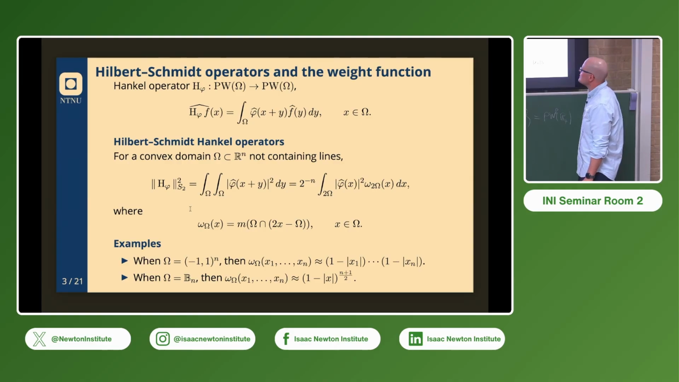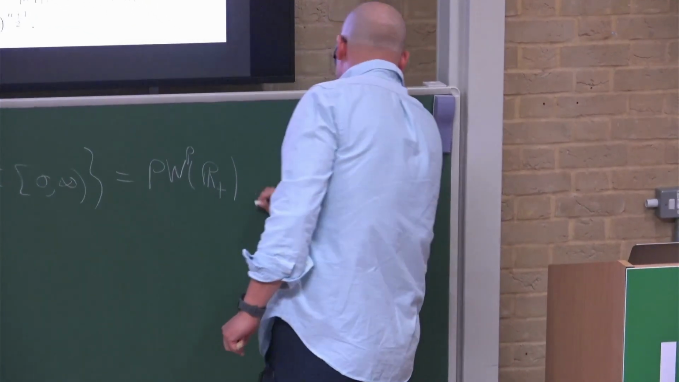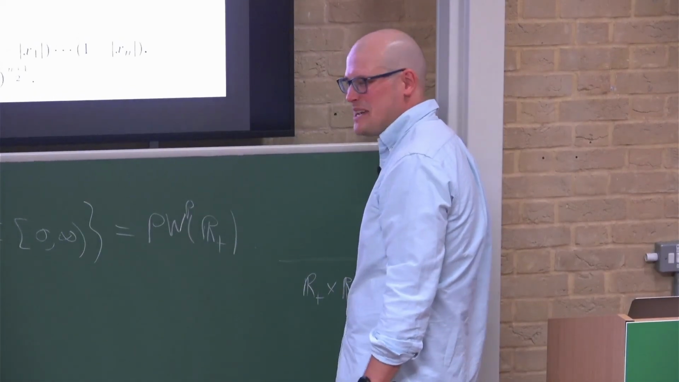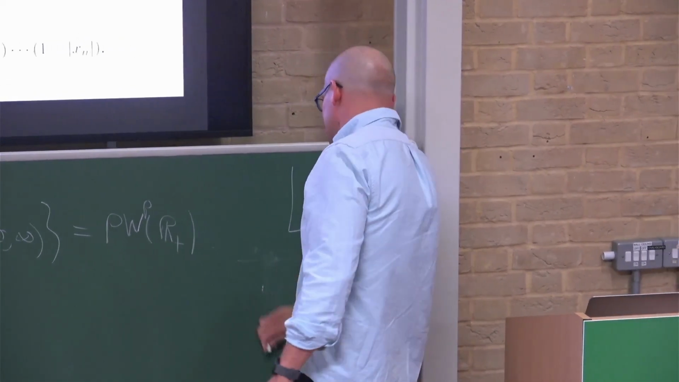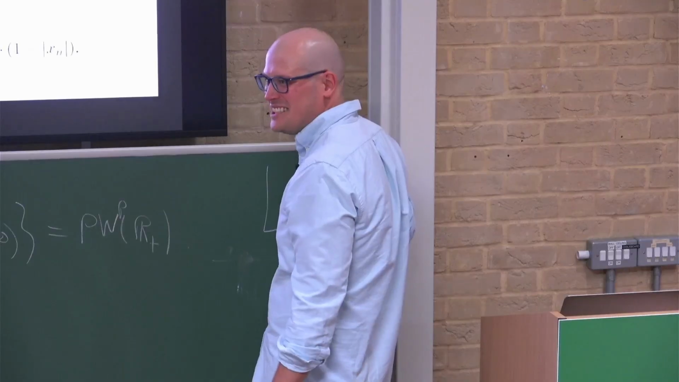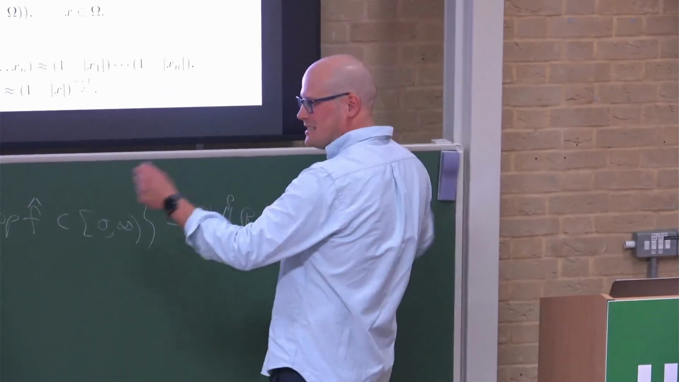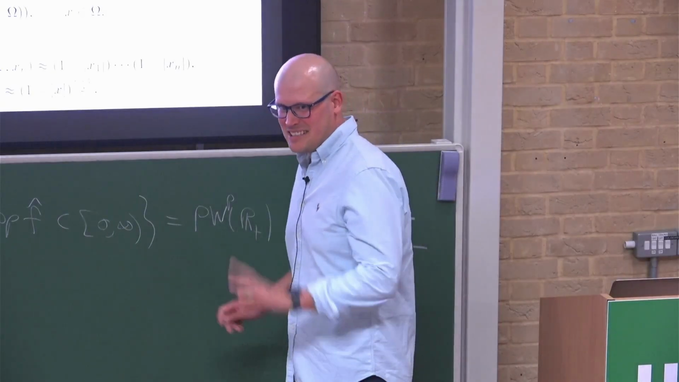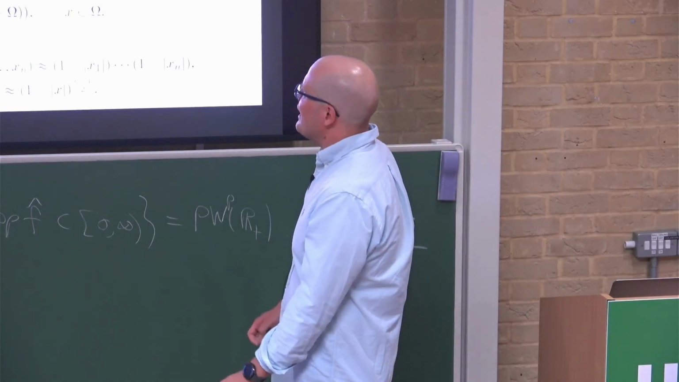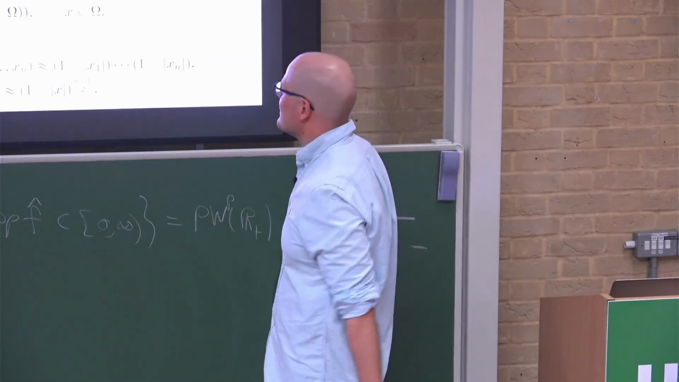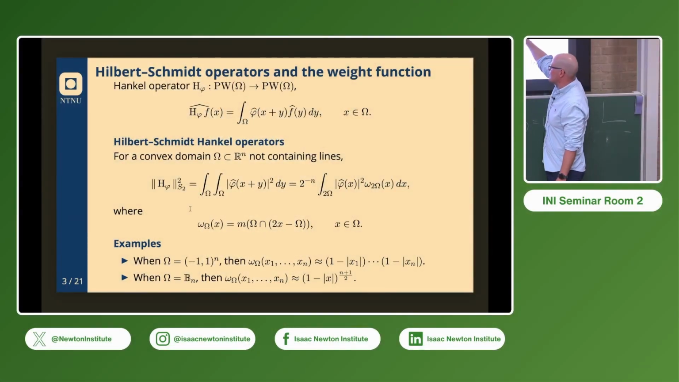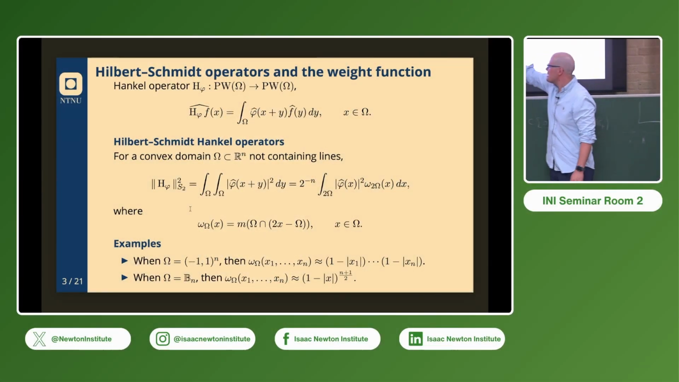What does it not contain? Oh, so it shouldn't be like the upper... Yeah, so it shouldn't be like R plus times R, because this only contains half lines, but not lines. It should be a bounded set or like an octant, right? So it doesn't include the case of, like, the standard Hardy space theory. Yeah, okay, thank you. Okay, so then you get this kind of weight where you have the measure of